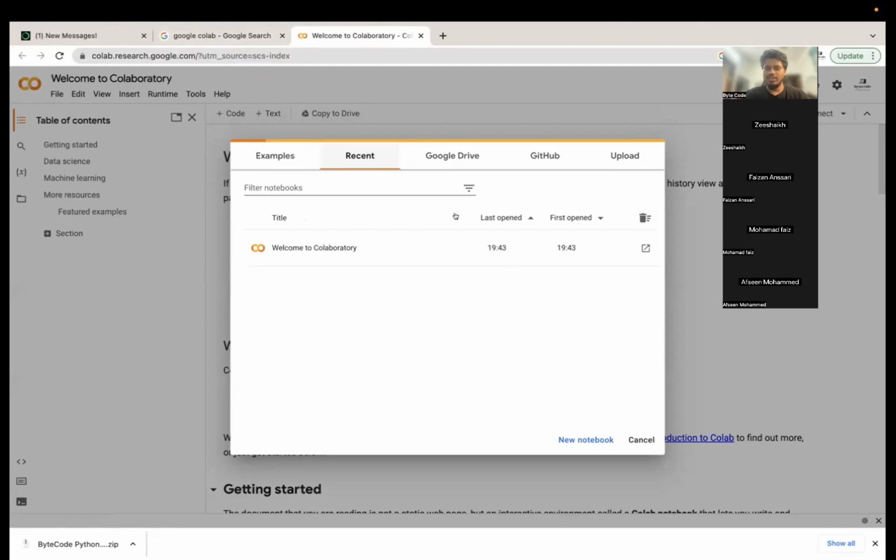Is everybody following this process? Any doubts until now? If you have doubts, please do let me know, because this will take some time, but this is necessary so that we set up the environment for Python and Python's code execution.